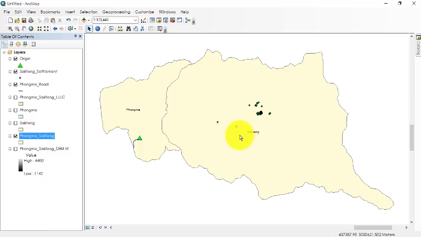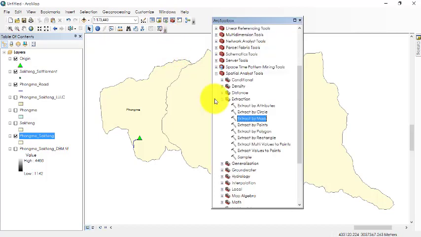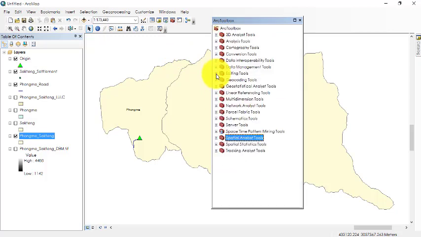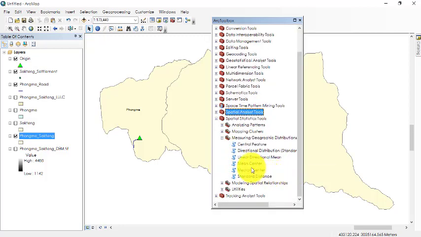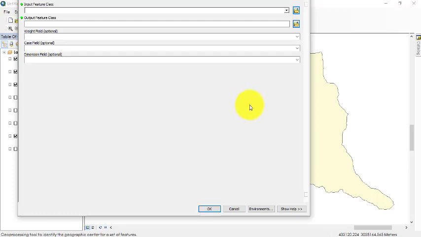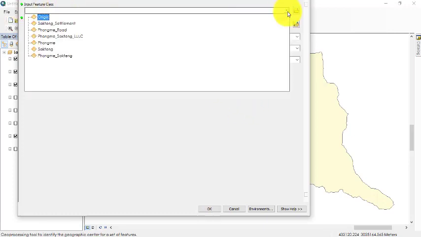So for this, I'll be going to Arc Toolbox, and to Spatial Statistics Tools, because we know that mean is one of the statistics. This time I would like to go to Measuring Geographic Distributions, and go to Mean Center over here. So double click Mean Center, and it's asking for the input feature class. I'd like to give Sakteng settlement as the input feature class,